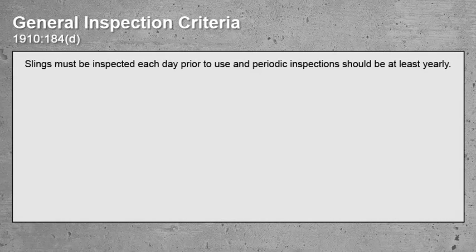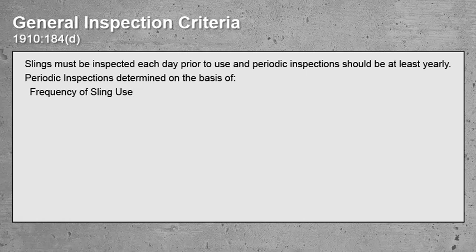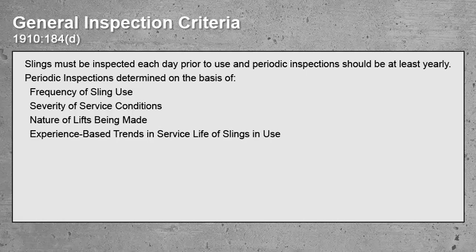Some inspection requirements that are applicable to all types of slings include: slings must be inspected each day before use, and periodic inspections should be at least yearly. The periodic inspections can be determined based on how frequent the sling is used, how severe the conditions are on the sling, the nature of the lifts being made, and based on experience. If you have noticed a trend in service life in slings in your facility, you can base the periodic inspections